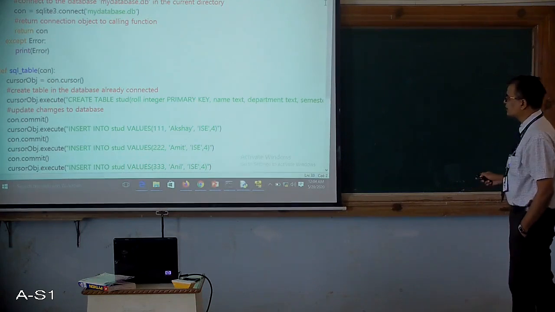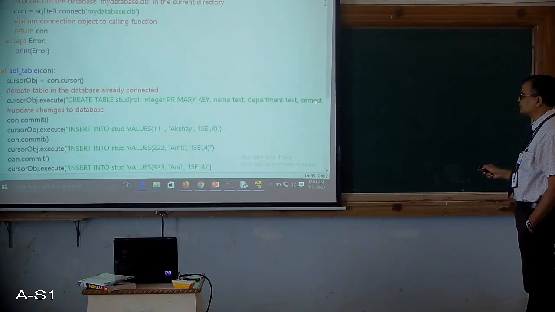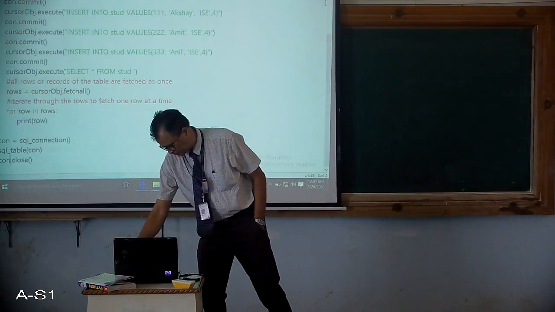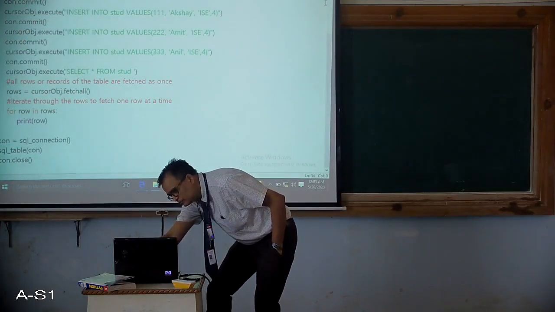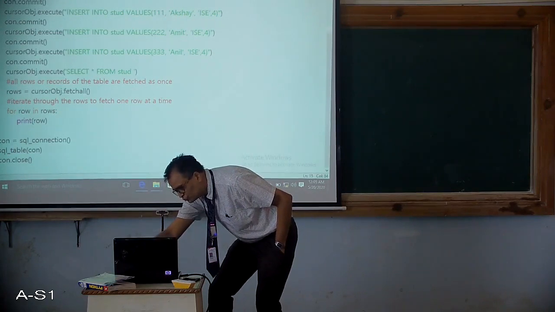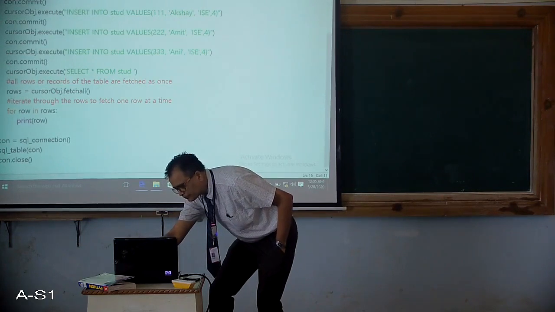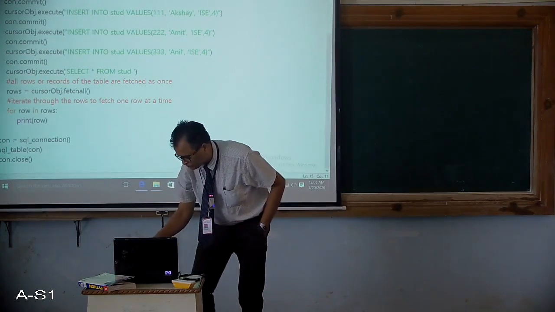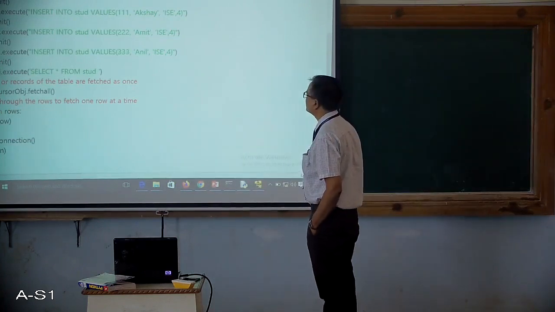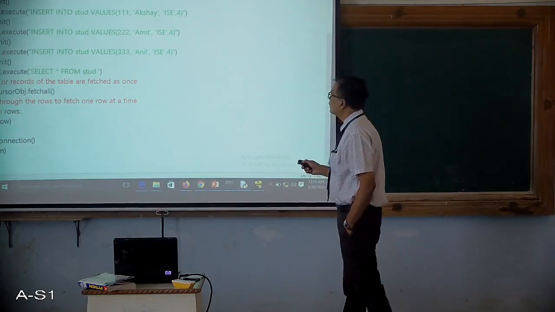Name is a text type, department is a text type, semester is again an integer. You can see here semester is integer type.